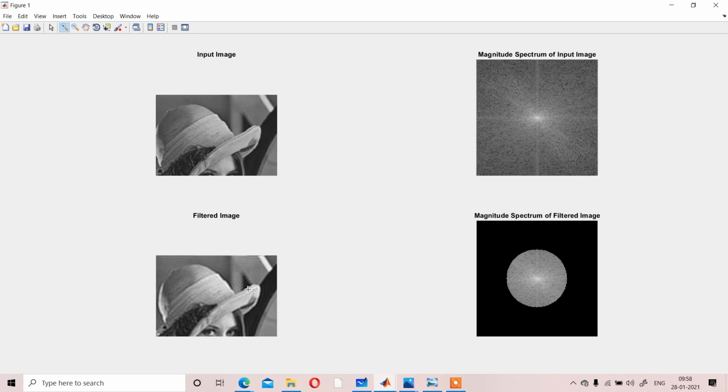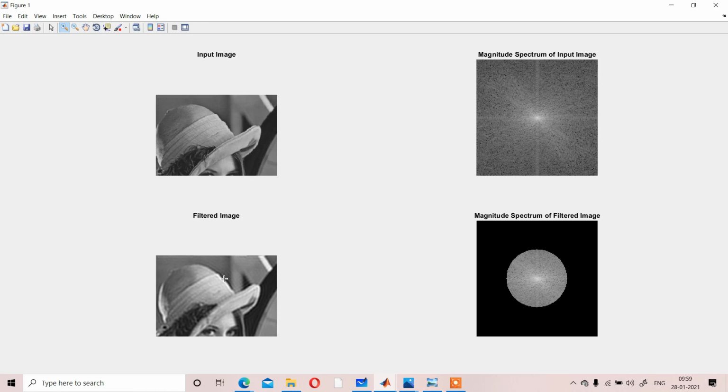Basically, in the boundaries where the high frequencies are removed, in that boundary portion you can see that an oscillation layer is showing. You can check it. Can you see those parts? So oscillations happen here if we use the ideal low pass filter. Those oscillations are basically known as the ringing artifact.